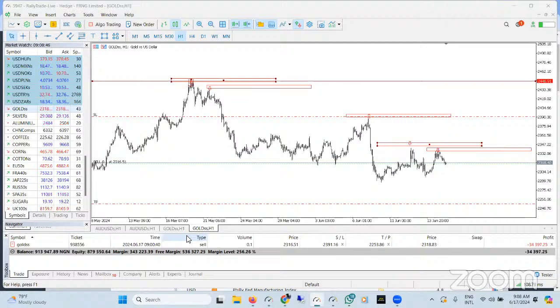So there's nothing like a winch there. Just take it easy. Going forward, use small volume, like 0.01. It will allow you to last long in the market. That's what I'm using, 0.01. Before you know it, you are growing. You begin to build confidence: this trade should go my way. Before you know it, they will go your way, and before you know it, you are in money.